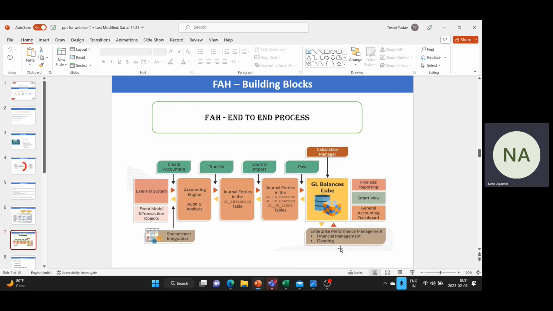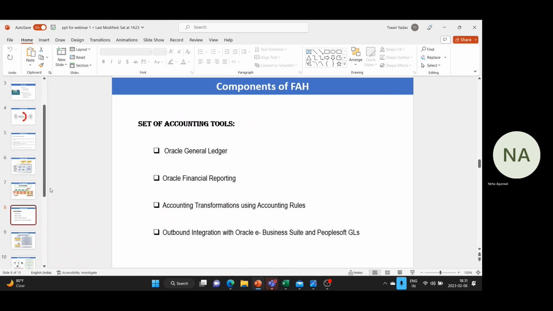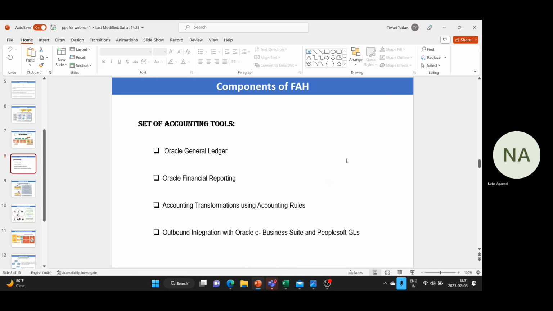So let's move further to the components of FAH. So these are the set of accounting tools which are provided by the FAH. The Oracle Fusion General Ledger combines traditional general ledger functionality with embedded Oracle Hyperion Essbase-based functionality. The general ledger functionality includes general entry creation, including updating of account balances, cubes, and tables, date effective trees of chart of account maintenance and financial reporting, including what if analysis, accounting balance cubes creation from the chart of accounts configuration, simplifying implementation,